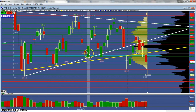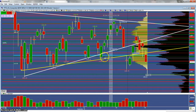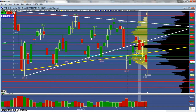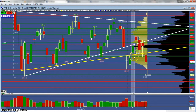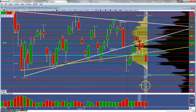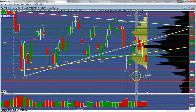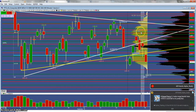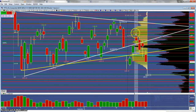As the VPOC shifts, it just basically makes it much more difficult to see which way we really break. Do we break away from this balance area down here, this high volume node, with the micro composite VPOC at 1138, and go and create more business down south underneath 1091 1/4? Or do we go back to the previous high volume node of about 1185, 1190? So